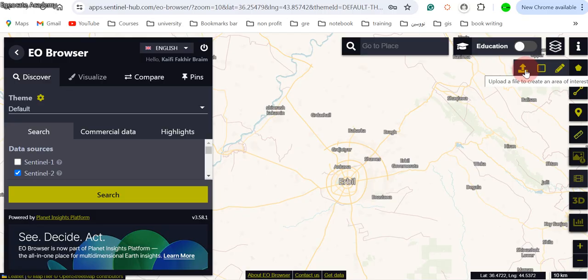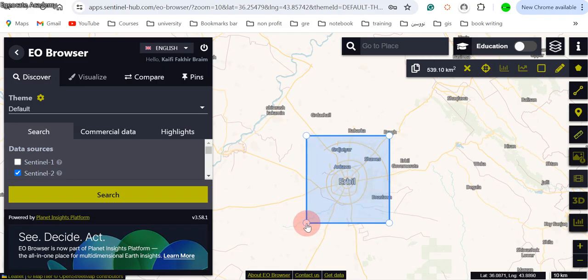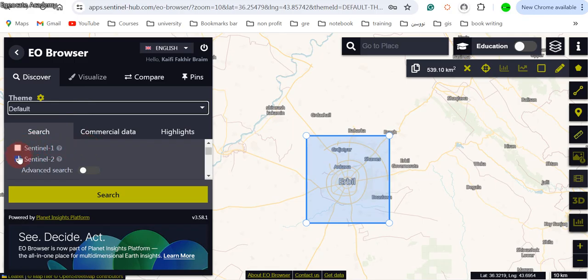For example, if you have a KML file or shapefile of your study area, or you can just draw here. Then here on the left in Discover, you select the imagery that